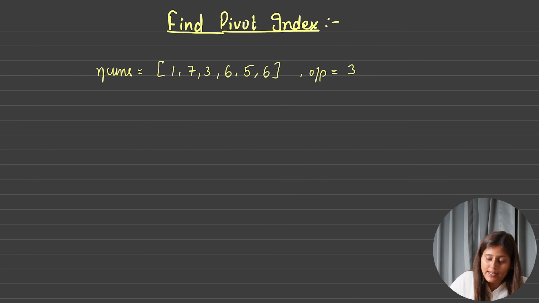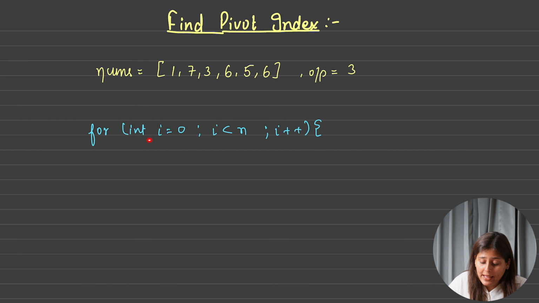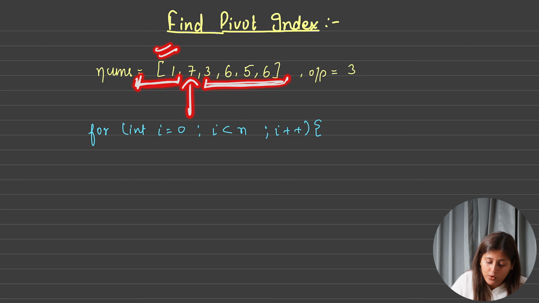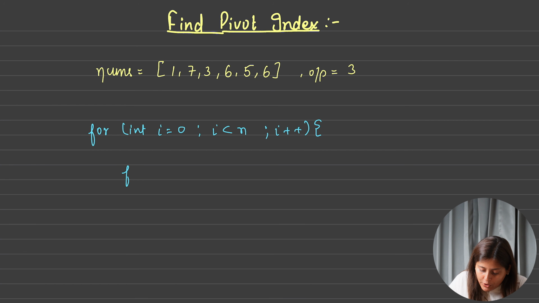Let's see. I want to run a for loop for the i index, correct? So I will run for int i equal to 0, i less than nums length, let's call it n, and i plus plus. Now I want this i to run for every index, till here. For every i I want to calculate the left sum and right sum, so I have to run two for loops inside it, one for left sum, another for right sum. So let's run one for loop, int j equal to, from where I want to run.